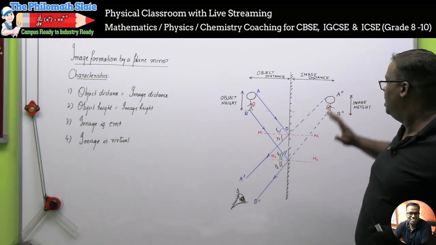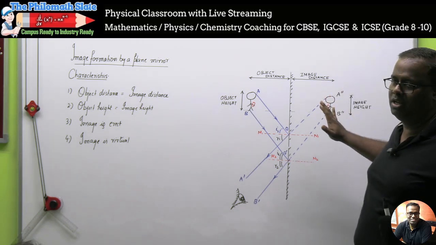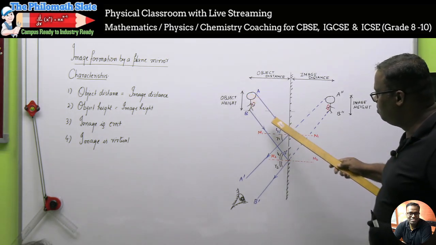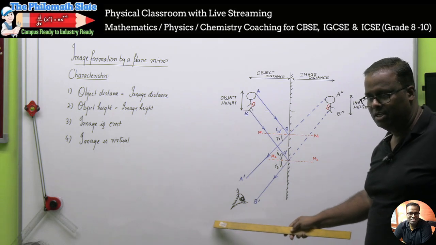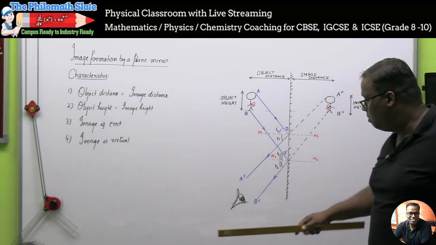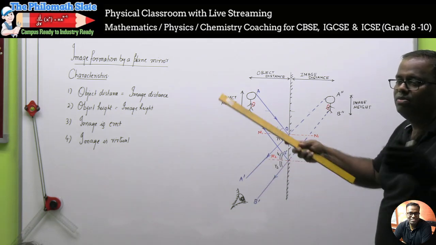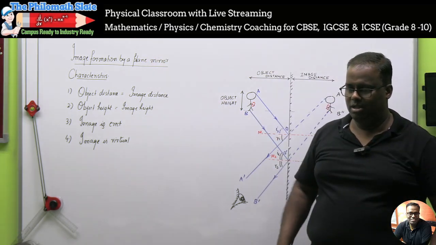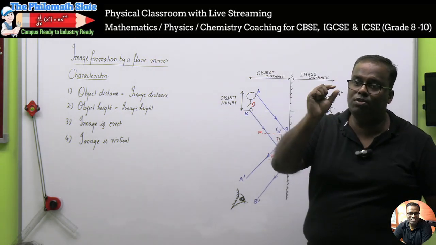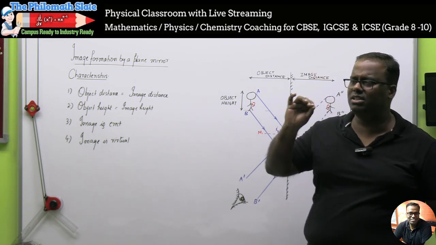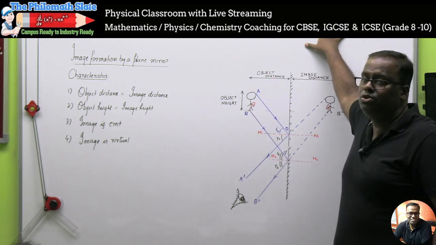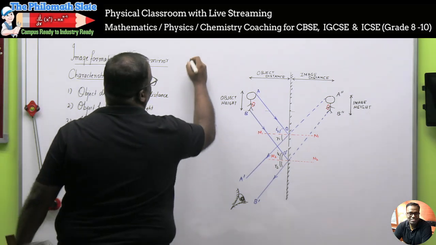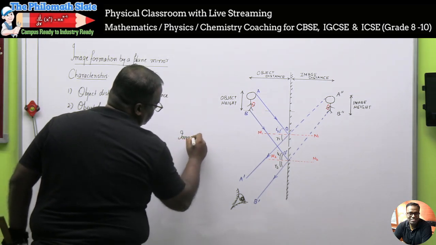कहने का मतलब है रियलिटी में ये इमेज को हम बना नहीं पा रहे हैं। ट्राई टू अंडरस्टैंड फर्स्ट। वेयर डिड द रे कम फ्रॉम? इट केम फ्रॉम दिस साइड। वेयर डिड द रे गो? इट वेंट दिस साइड। तो इमेज तो इस साइड बनना चाहिए था ना, बट लुक एट द नेचर ऑफ दिस रेज, दे आर डाइवर्जेंट। डाइवर्जेंट मतलब समझ रहे हैं, लाइक दिस, वाई की तरह खुल गया है। इमेज इज फॉर्म्ड व्हेन टू रिफ्लेक्टेड रेज मीट। आप चाहे तो लिख सकते हैं, एन इमेज इज ऑलवेज फॉर्म्ड व्हेन टू रिफ्लेक्टेड रेज मीट।